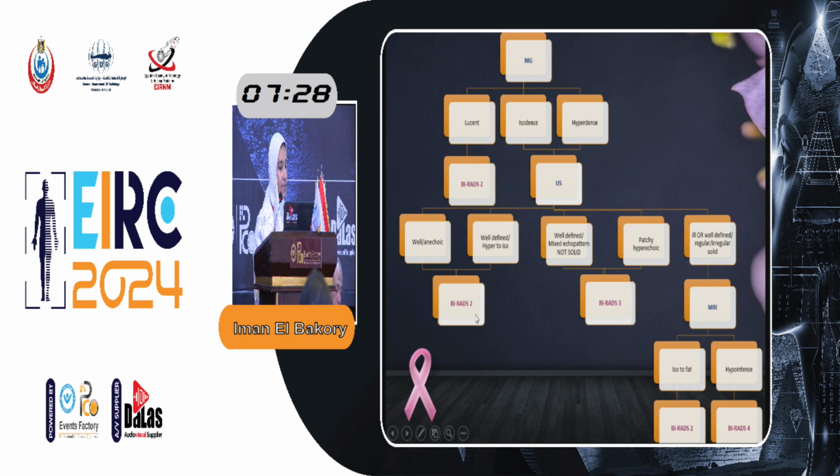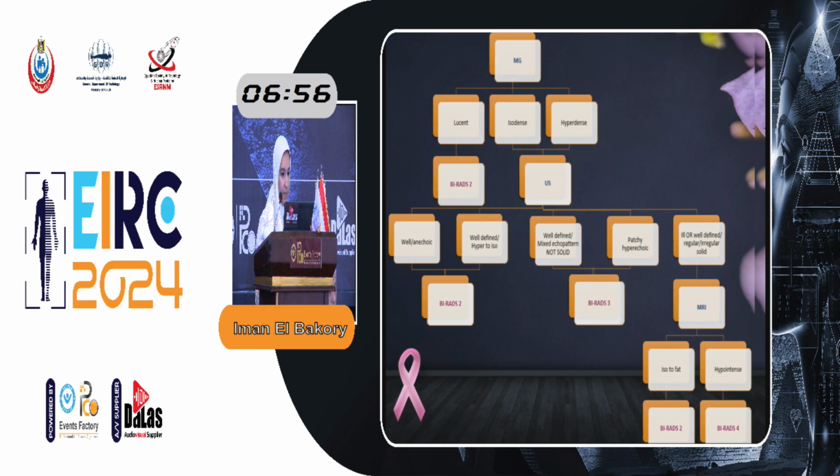These are an oil cyst. If you find a mixed echo pattern or hyperechoic lesion present, assign BI-RADS 3. This is a subacute traumatic fat necrosis. And if you suspect any solid lesion with a well-defined, ill-defined, irregular, or oval shape, please do a biopsy. And in place of the biopsy, you can do an MRI, and if you find fat, assign BI-RADS 2, and BI-RADS 4 should be reserved for the lesions that you couldn't find any fat within the mass.